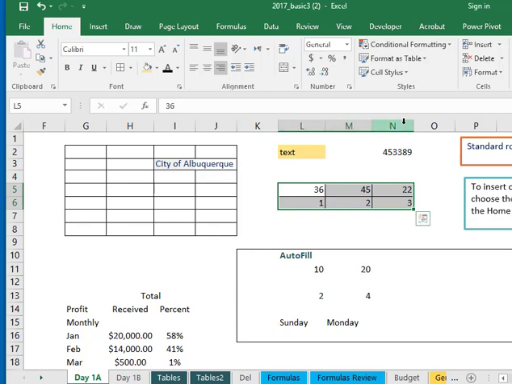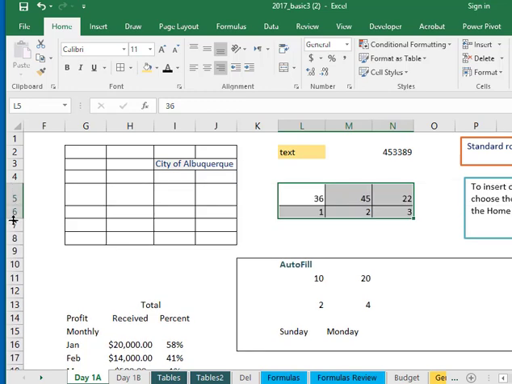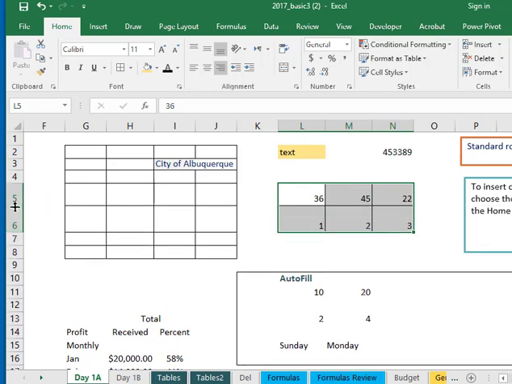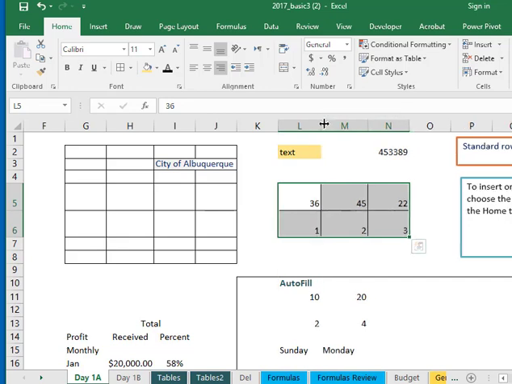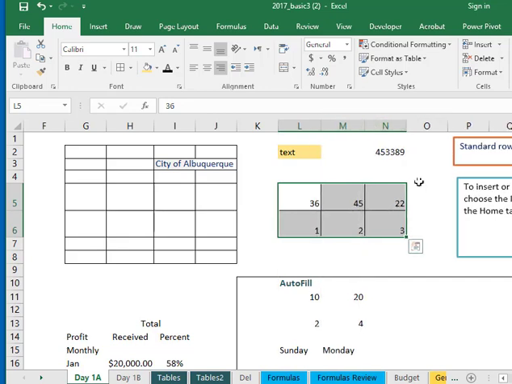You can see L, M, and N are selected, and 5 and 6 because this whole area is selected. And I'm going to drag down because I want these to be a little bit more square. So if you could do that,